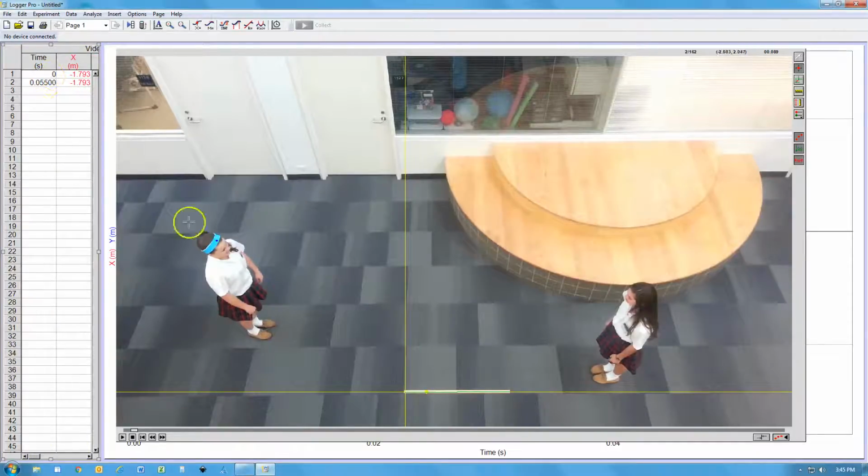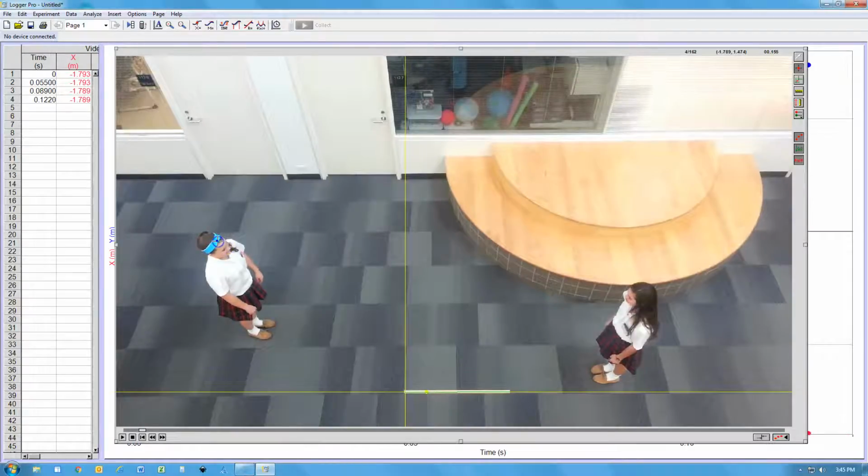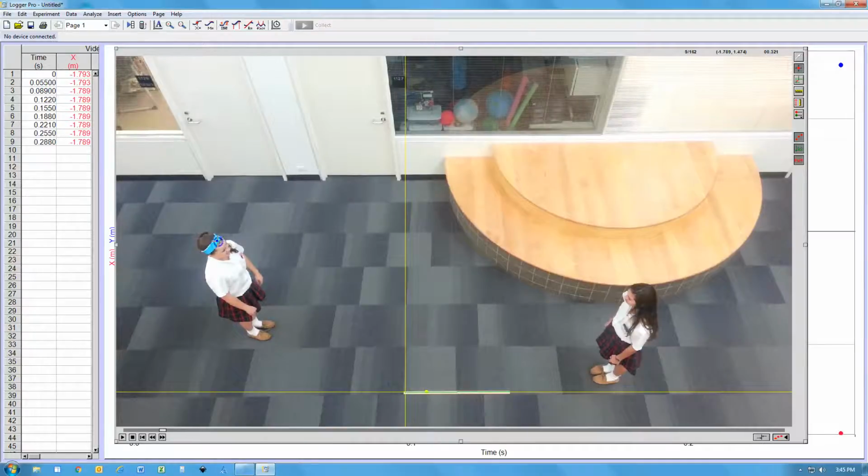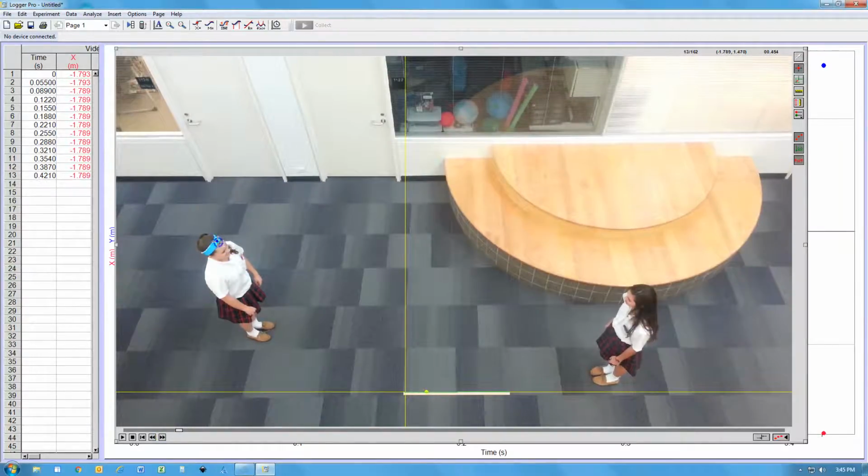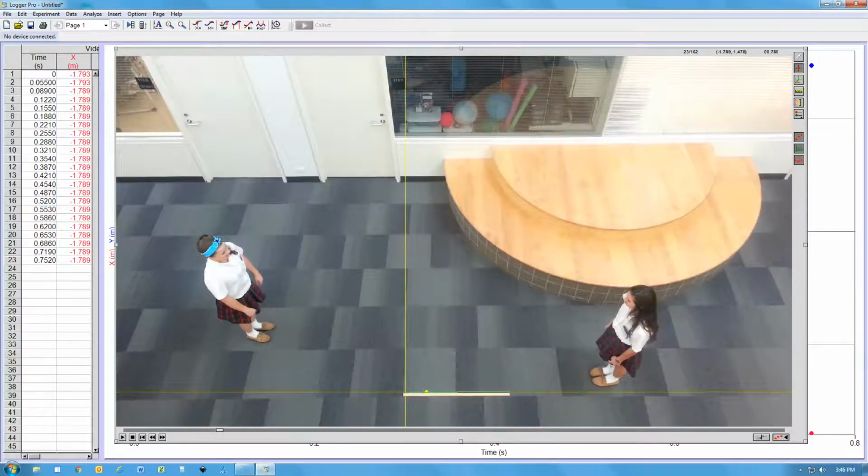You can see the time advance. Every time I click in the center of her headband, it adds another point to the data table and add another point on the video, and continues to advance the movie. The 2 students are waiting for me to tell them to go. So it'll be several clicks. I can see them starting to move,